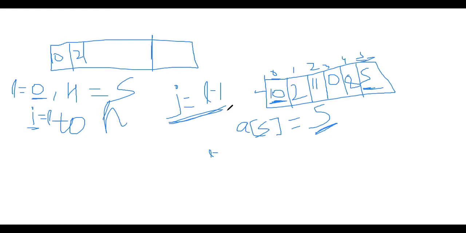Okay, so let's understand like this. If something is lower than 5, and our 5 is the pivot, and we know that 5 is the last position, right? So if something is lower than 5, we don't need to do anything at all, because it's already at the left side.